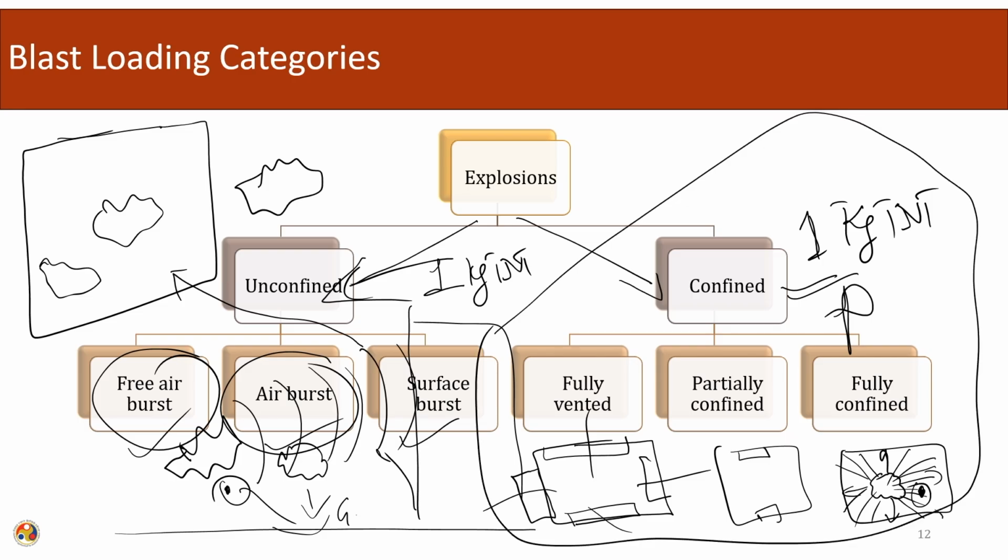Let us say we have an explosion in a reinforced concrete building where there is zero ventilation, so it is fully confined. And if the same explosion occurs in a shed-type structure with the same amount of explosive being used, the effect of the reflections from the structure will be minimal in the case of the unconfined blast. But in the case of a fully reinforced concrete structure with full confinement, the effect of the pressure will be more.